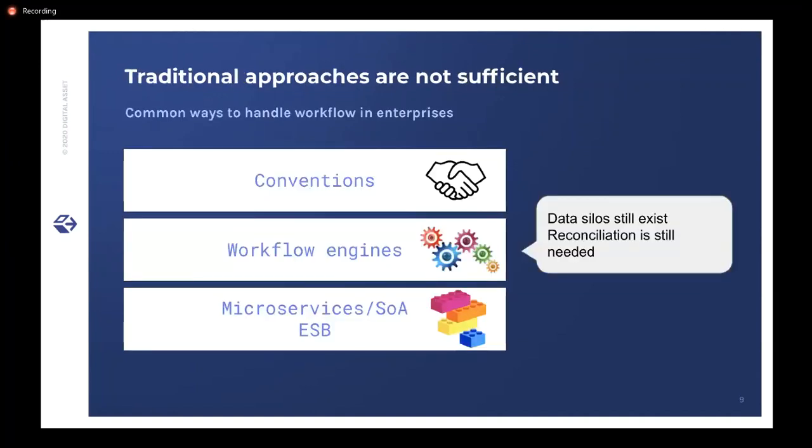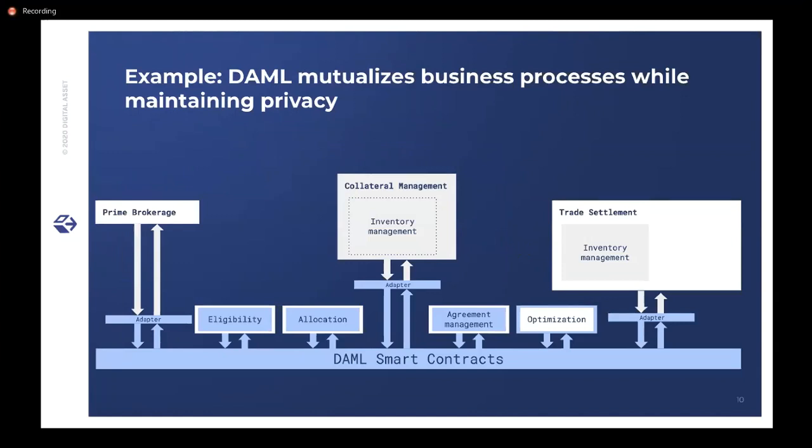Traditional approaches, obviously, like I mentioned, each of them are keeping in sync through APIs, data transfers, etc. But obviously, they are not enough, because they don't solve the underlying problem. They help you overcome the problem that has been caused by data silos, but they don't actually solve the problem of having data silos in the first place. And Daml, as Levi is going to show you in a couple of minutes, solves that by providing this layer across applications, which allows you to mutualize your business process in the form of Daml smart contracts, where each of the applications can plug into this Daml smart contract layer and execute the process.